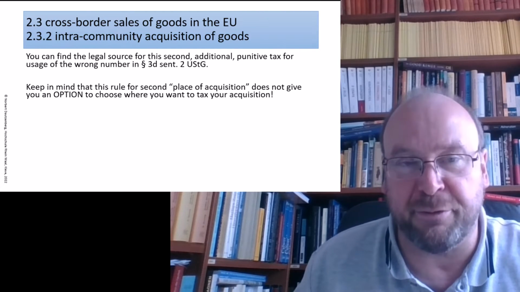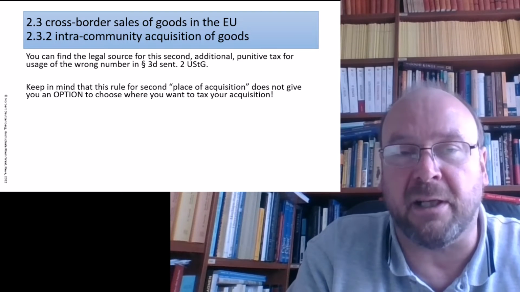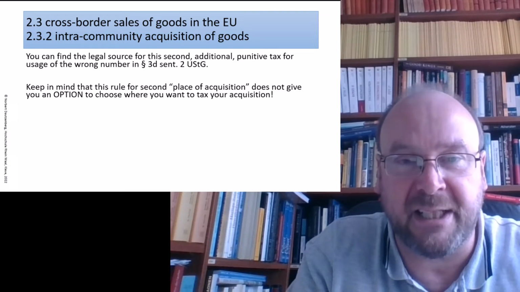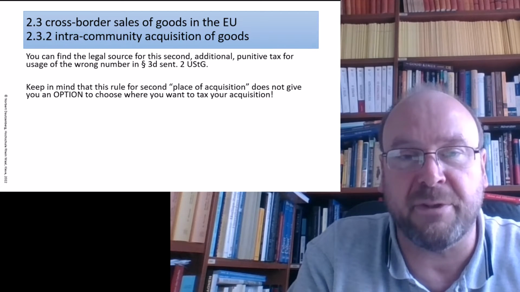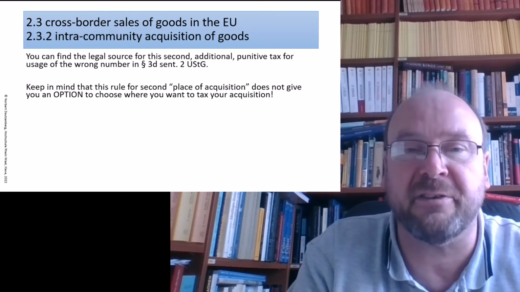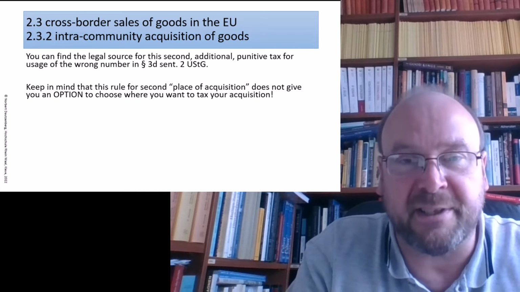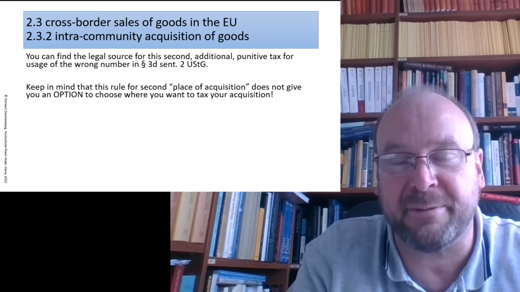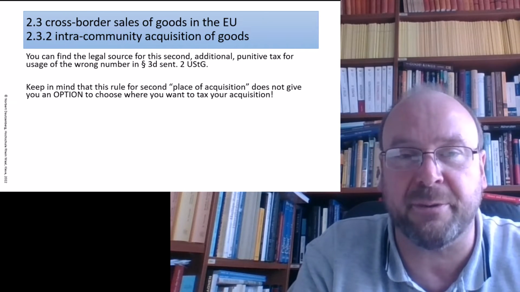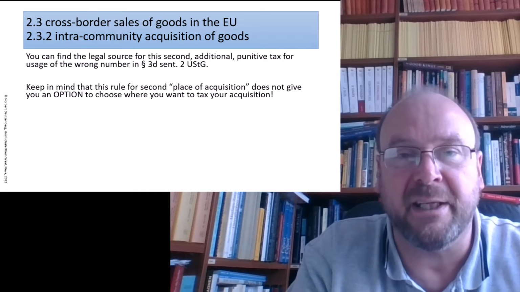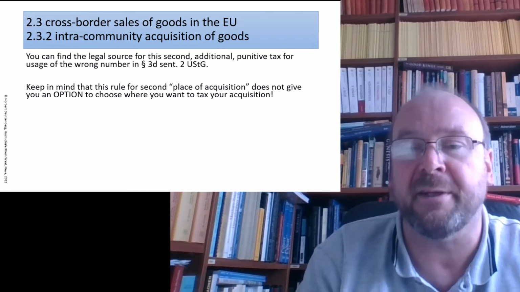So if you are an enterprise owner and have a good sent to Paris, and you use a German identification number during that transaction, you just have to pay tax on the same acquisition in 2 territories. In Paris, because the good ended up there, sentence 1, and additionally in Germany, because you used the German number.